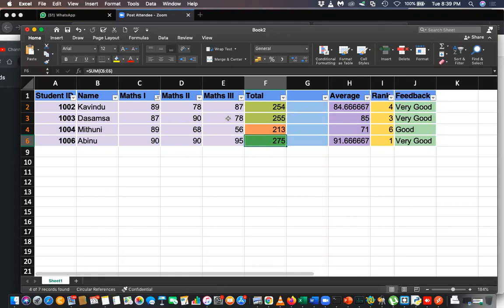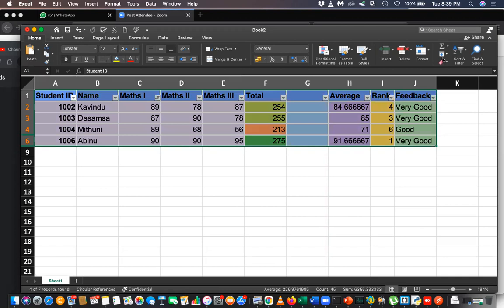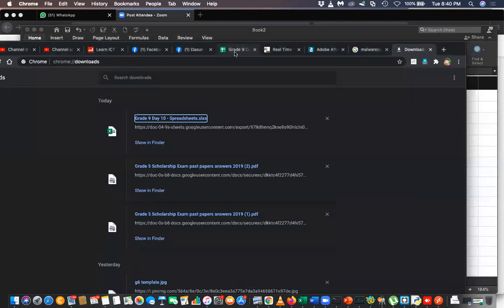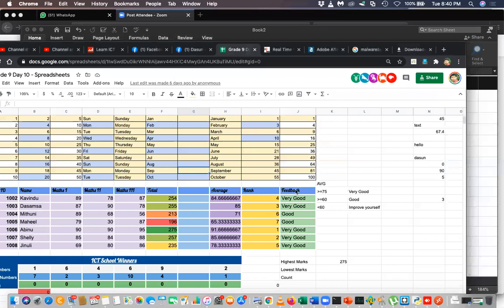It's possible. You can try. You have to try how to filter in Google Sheets. Or you can download if you want. You can download and select all these things and then select filter here, sort and filter. Or in your Google Sheet, you can do the same: select everything, then the filter option. Then you can filter this.